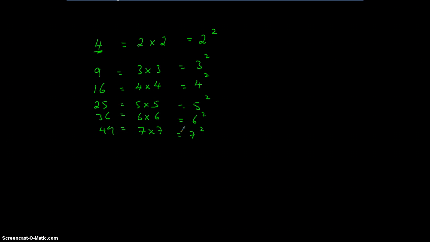Right, so I want to go back to the top here, because I missed one out. It would make sense to do 1 squared, and that's 1 times 1, which is 1. So 1 is a square number. So if we were listing square numbers, we would do 1, 4, 9, 16, 25, 36, 49. And if you're watching this video, you might want to pause this, especially if you're learning the square numbers,